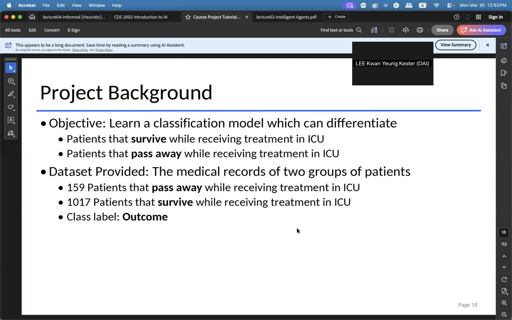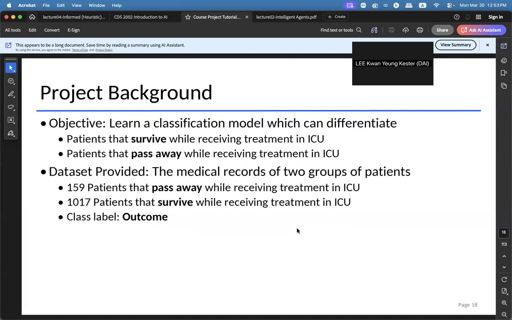Okay, so in this data set, we have one critical issue that many classification problems will face. That is the two groups of the data points are not balanced. Okay, and we will actually solve the problem using this SMOTE algorithm.